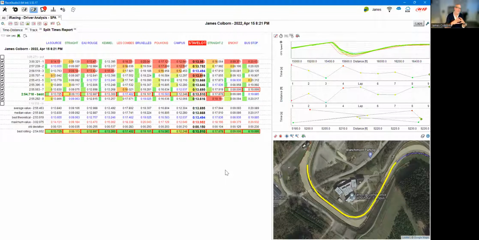And it's one of those moments where you could do a lot of this with maybe the track report. You could do some of this with the time distance, but here it's just a lovely way of being able to quickly look at the consistency that you have through that corner. So for me personally, I don't use this one,